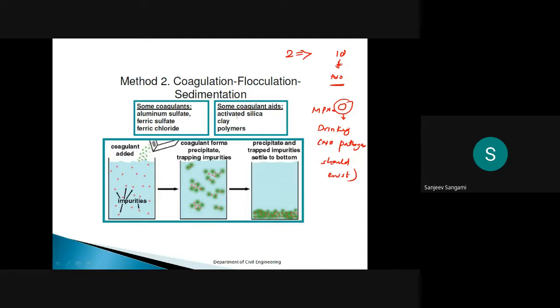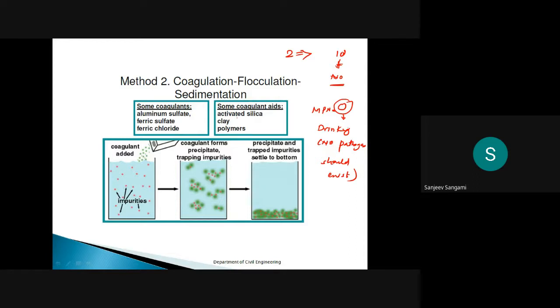If it is groundwater, physical characteristics are not that necessary. Chemical tests are required. Biological characteristics, of course, are not required, because in groundwater you may not find any pathogens, because you are taking the water from just 150 feet below the earth surface.